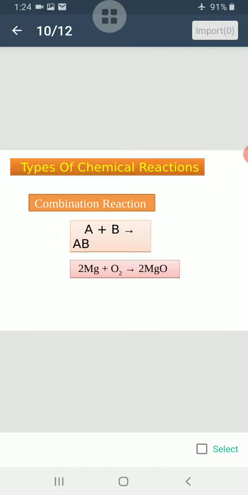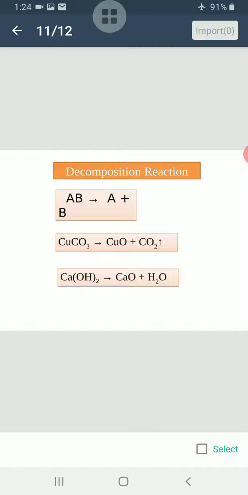And we can also take the example of a combination reaction with nitrogen and hydrogen, and it gives us ammonia. The next one is decomposition reaction. Decomposition reaction is one in which a compound breaks up into two or more substances. As in combination reaction, two reactants are combined and give us the product. Here a compound breaks up into two or more substances. And decomposition is normally caused by heating or passing electricity through it.